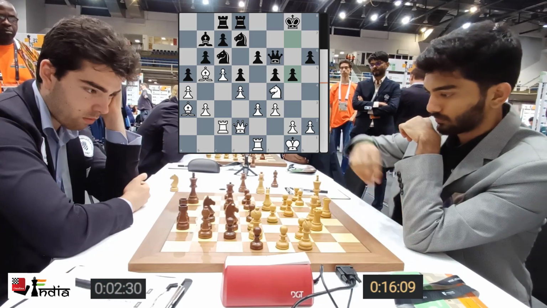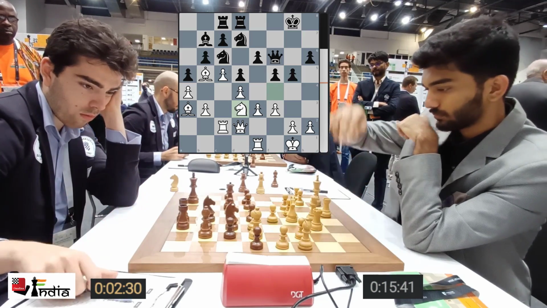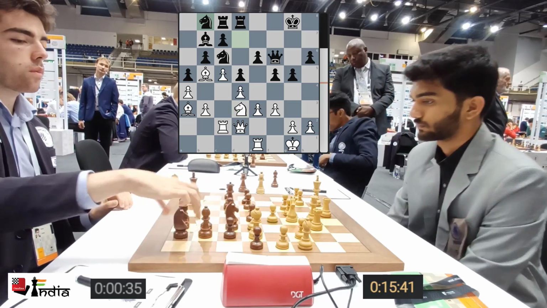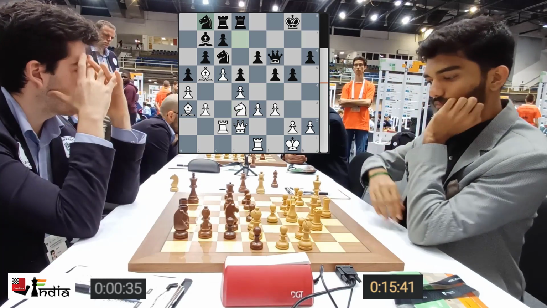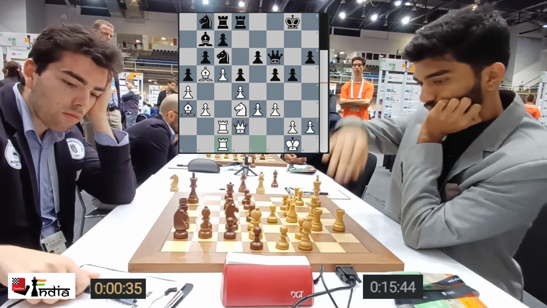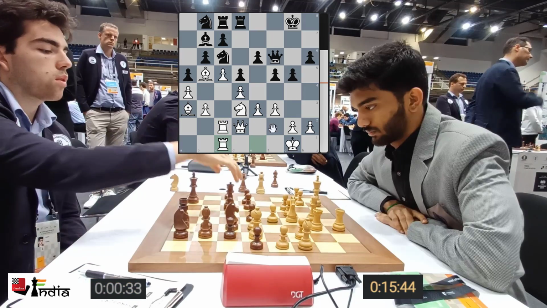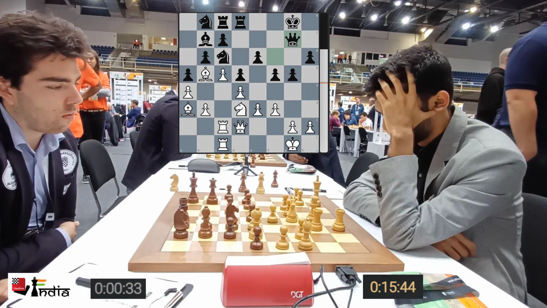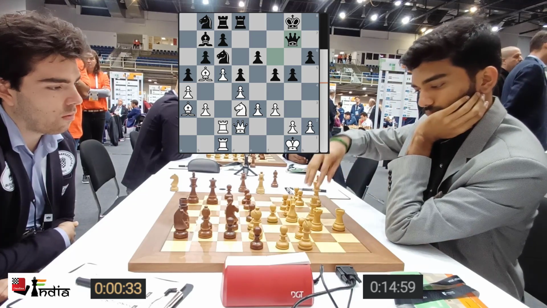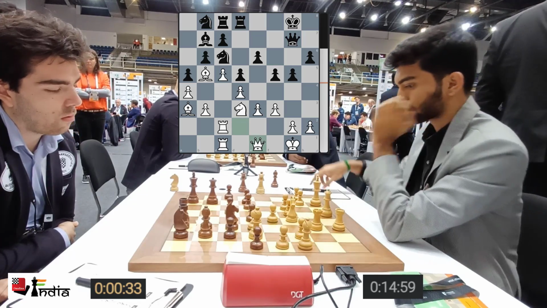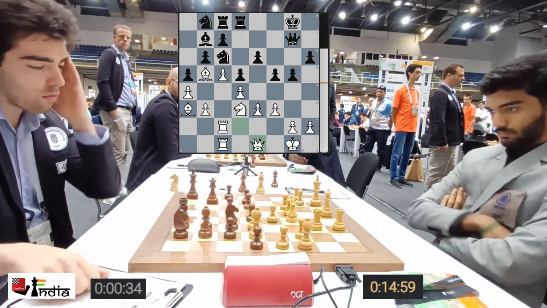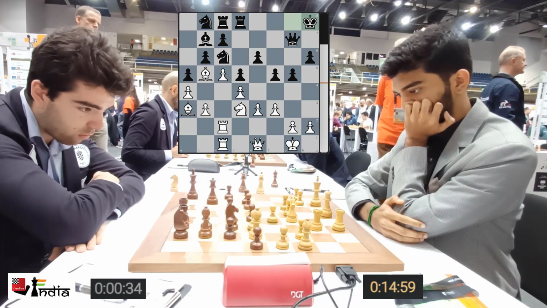g5 played. And now Gukesh brings his knight back to d3. Knight to b8. And the rook comes to c1 slowly and steadily. Gukesh mounting the pressure there. Queen g7. He brings his queen back to e1. And Adam goes king h8.